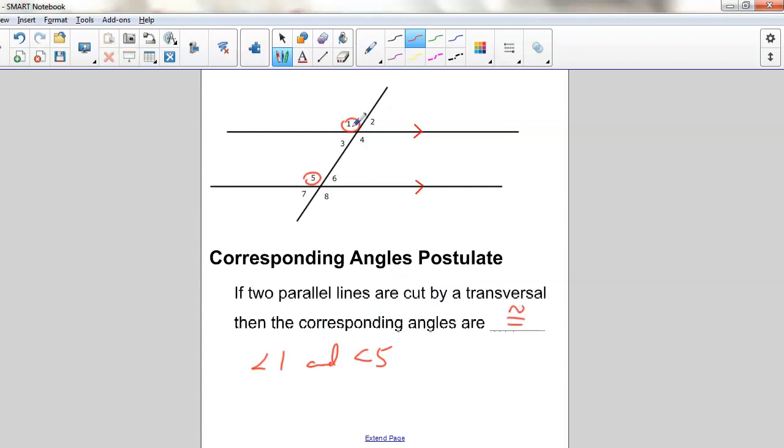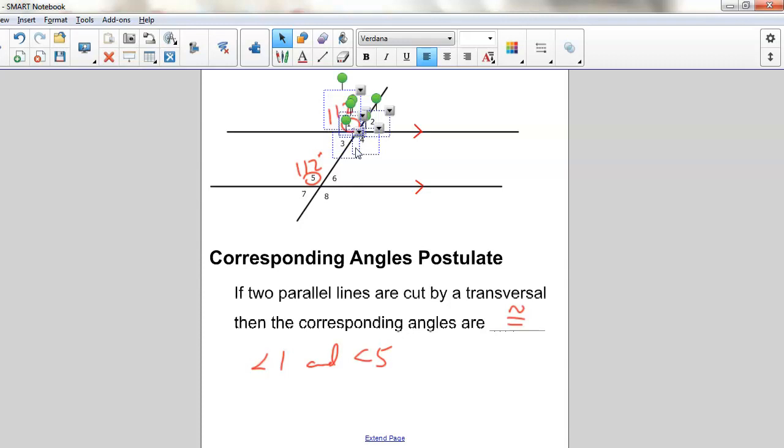Okay, they're going to be the exact same. So if I said this is 112 degrees, it's an obtuse angle, this one is also 112 degrees. The reason is that I can take this whole set of angles, I don't know if I can do it, but if this whole set of angles